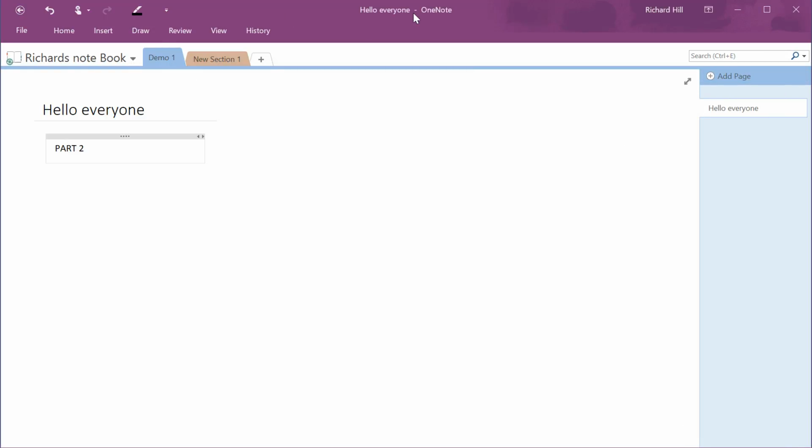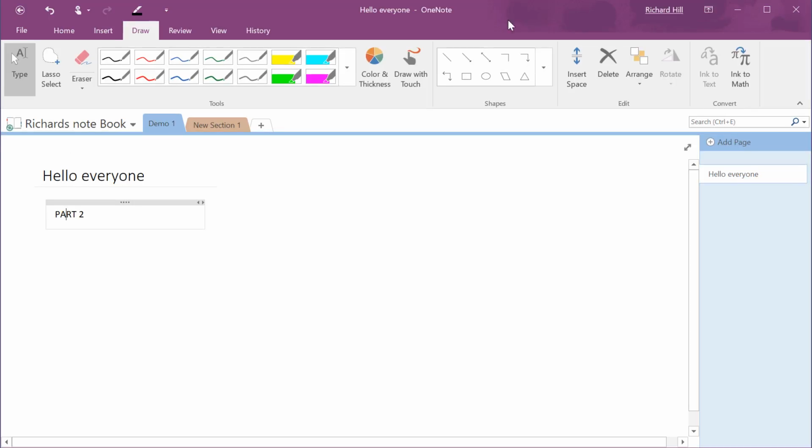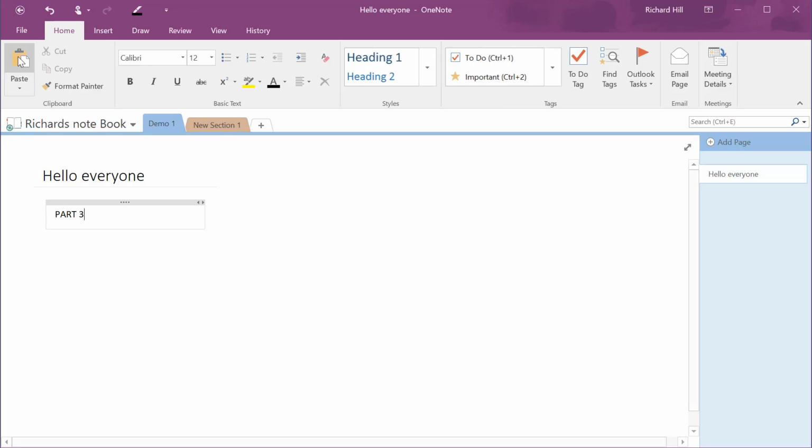On our power band across the top, we have the author's name, which happens to be me, and also the controls we make. So if we show the commands, it'll add everything that's in that section. Now what we'll do is go through each of these and have a look at that. So in the home section, we have